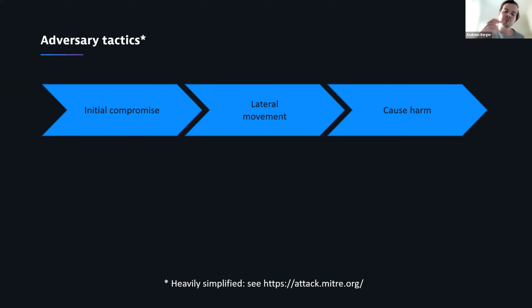A simple example, they are also connected to the Kubernetes world. I think 2 years ago, there was a bug in a container runtime that allowed an attacker to break out of the container and run code on the node, on the Kubernetes node with root permissions. So that's, of course, really, really bad, right? Because in this example here with Tesla, that would have caused them to basically own the entire Kubernetes node. So that's lateral movement. And then what happens in the end is they cause harm. They install a crypto miner, they steal some data, whatever it is. But that's typically what goes on when these attacks happen.